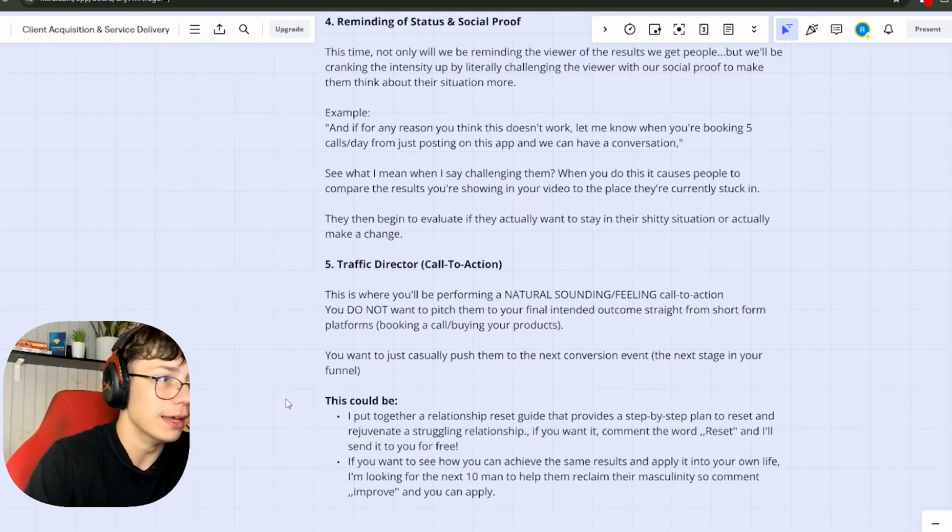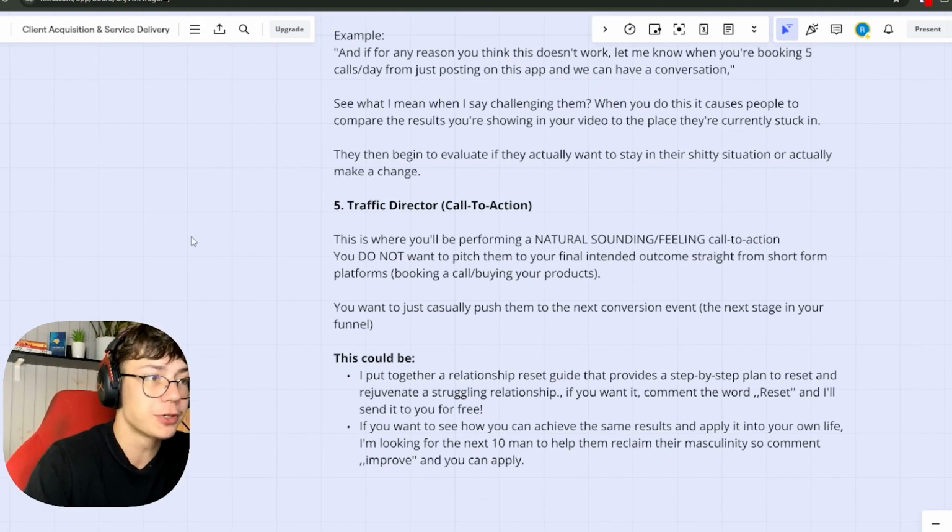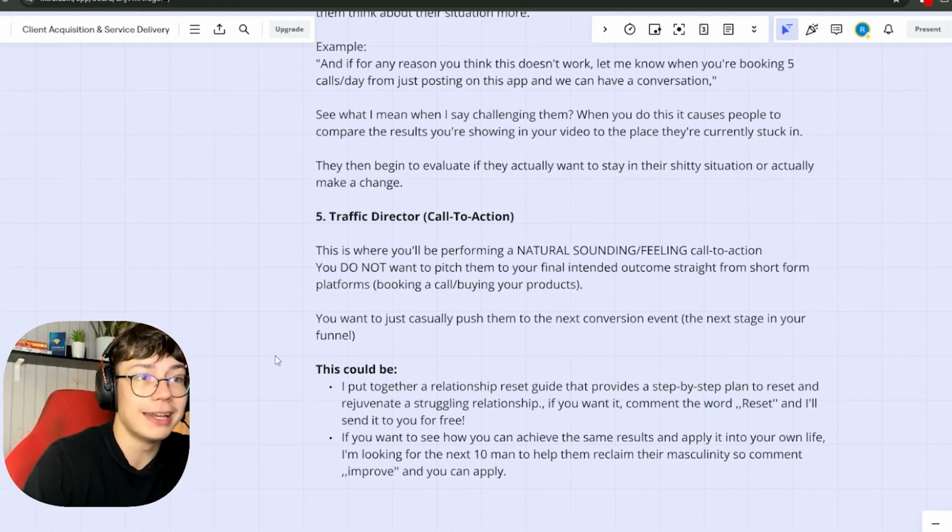So for the fifth one, it is a traffic director call to action. This is where you will be performing a natural sounding call to action. You do not want to pitch them your final intended outcome straight from short-form platforms, like booking a call or buying your products. You just want to casually push them to the next conversion event, the next stage